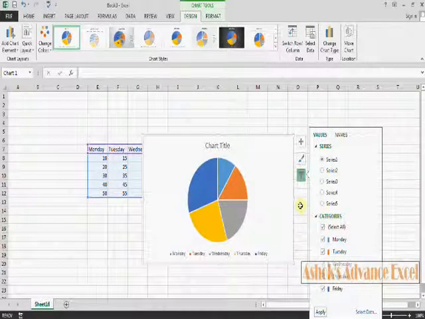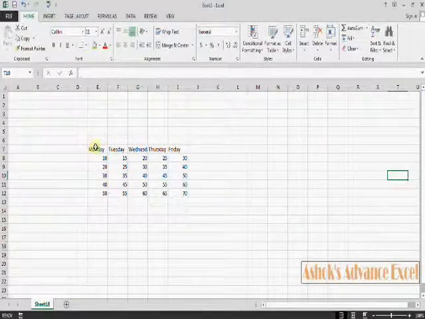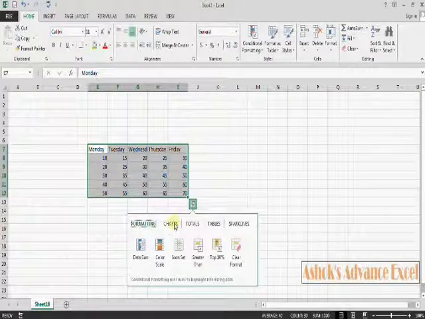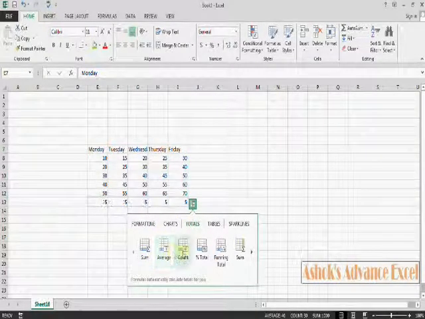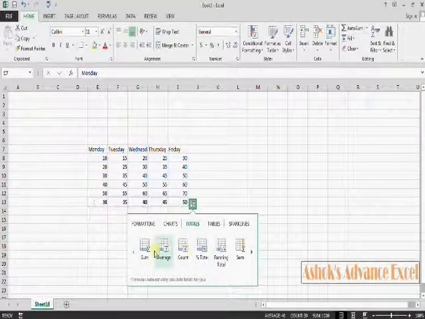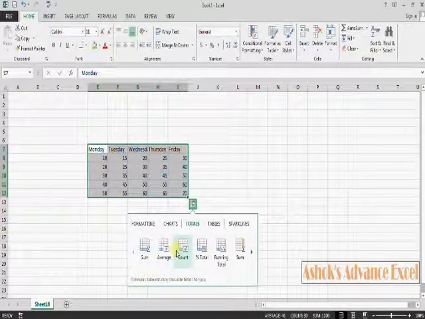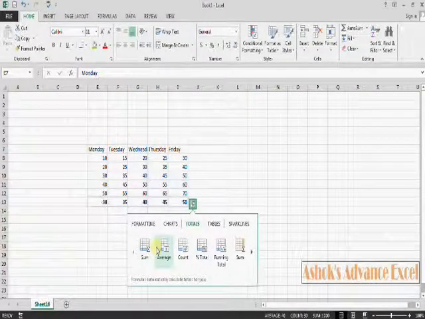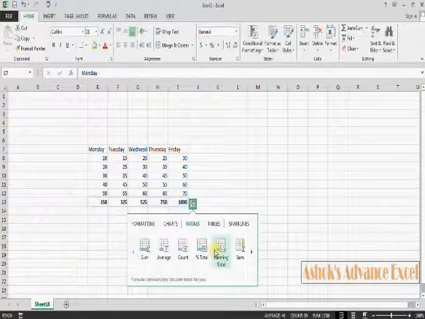Cut this chart and again select the range, go to the quick analysis tool. Now totals, just bring the cursor over here and you can see sum at this location at the lower row: sum, average, count, total and running total are displayed.